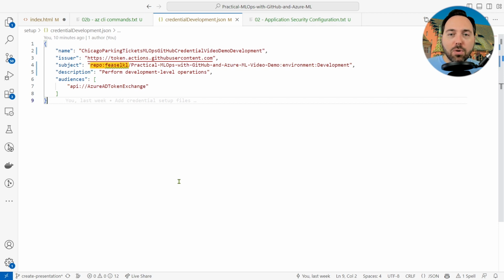Repo here means that we scope this to a repository, and then we specify the account or organization name, slash, and then the repository name. After that, I want to narrow things down further and say that we only want to use this federated credential for the development environment. The description is a bit trite, but it works, and my audiences ties back to Azure Entra ID and its token exchange.